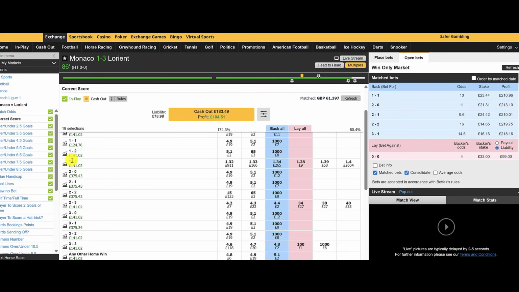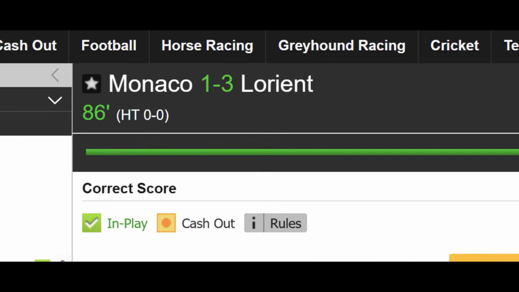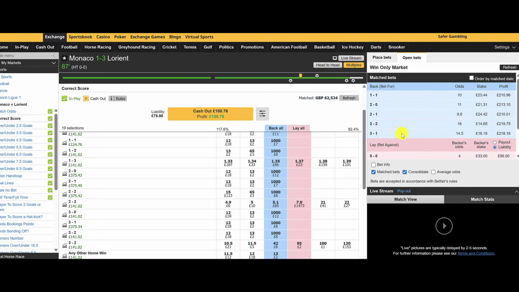We're now obviously on a non-target scoreline. But the good news is we're still collecting a very nice profit on this one of £141. So if anything, it is a good example of how you can enter a correct score trade, pick out your target scores, get it completely wrong, and still profit. This is wildly wrong from where we initially forecast the match, or where the Football Trading Genie initially forecast the match. So we are on the score of Monaco 1, Lorient 3, not one of our target score lines, but we're still going to collect a profit of